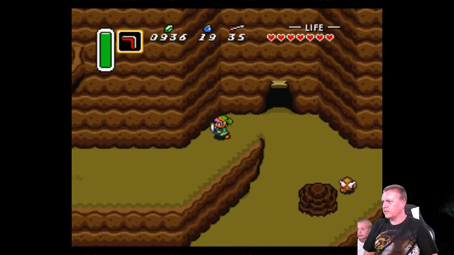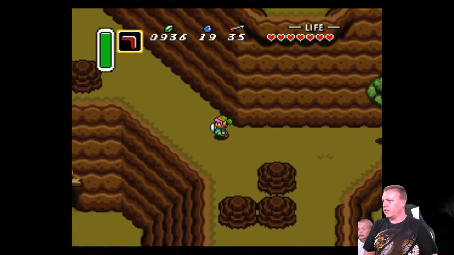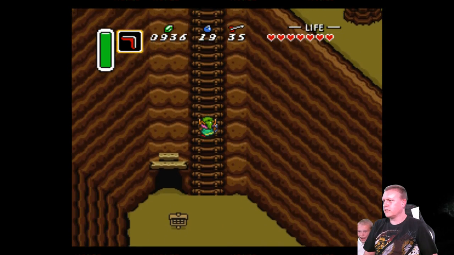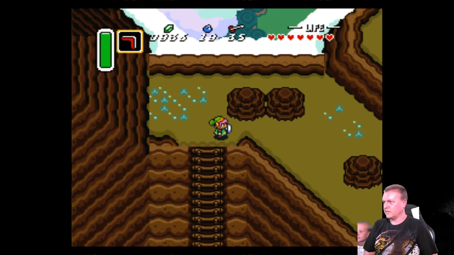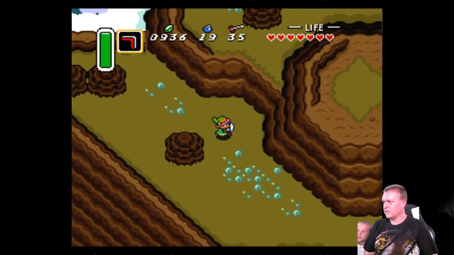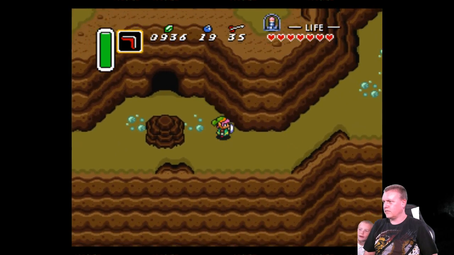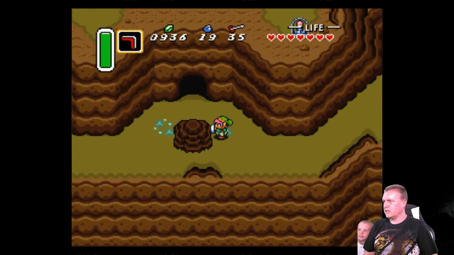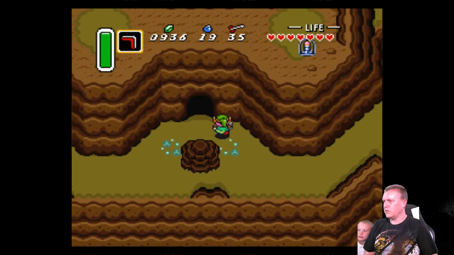Let's come out on this cave. There they are, the falling cabbages. Stop cabbage. That's what that sign would say if you were to read it. Beware of sky cabbages. And we don't have hammer. So we can't do